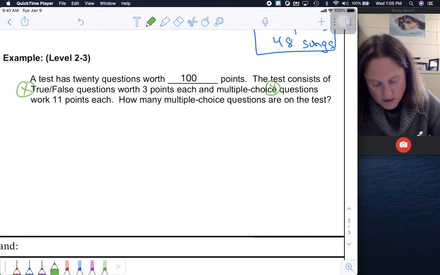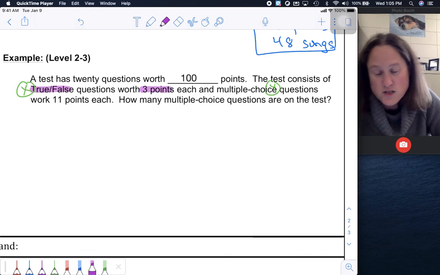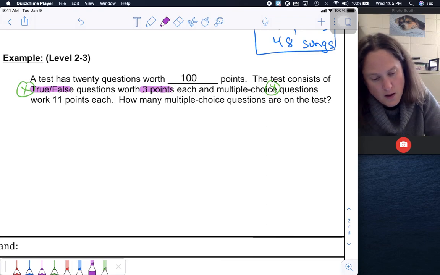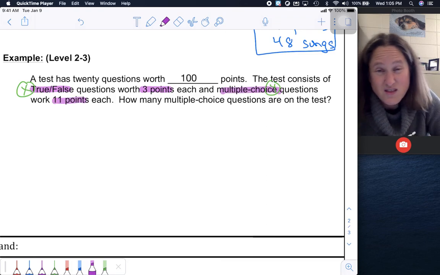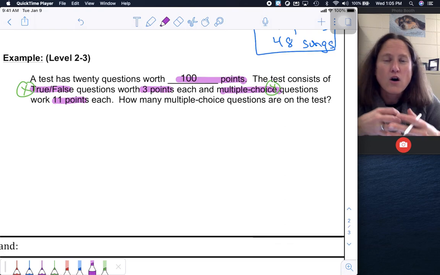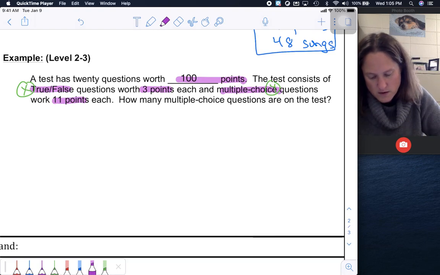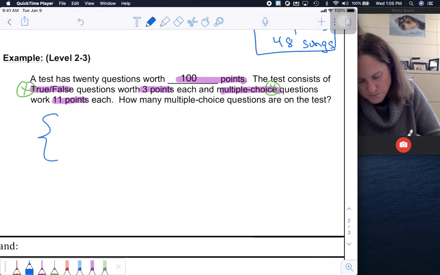If I'm taking a look at points and points, I know that true and false questions are each worth 3 points, multiple choice questions are each worth 11 points, and then there are a total of 100 points. All of those numbers are going to go into one equation, all 3 of those. So for my system, I have